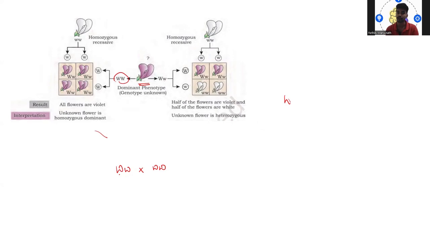So as a result, what you will be seeing, you have two gametes here, one is capital W and the other one is small w. Obviously, you will be seeing the small w now. So as a result, what you are going to get,